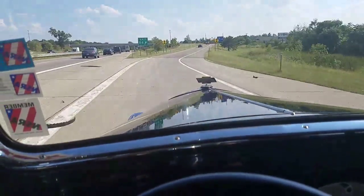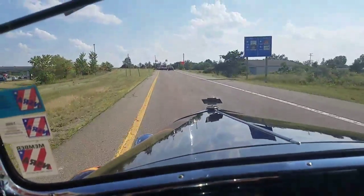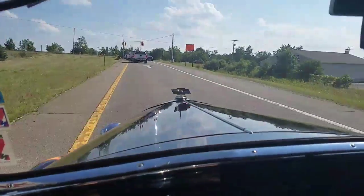Seats are very comfortable. I got really good clearance over my head. I got a good solid fist over my head, and I'm 6 feet tall,